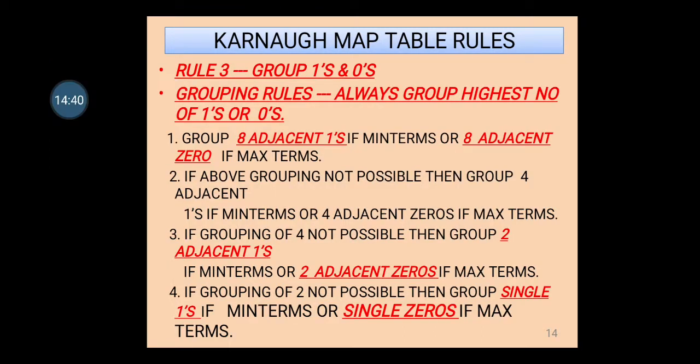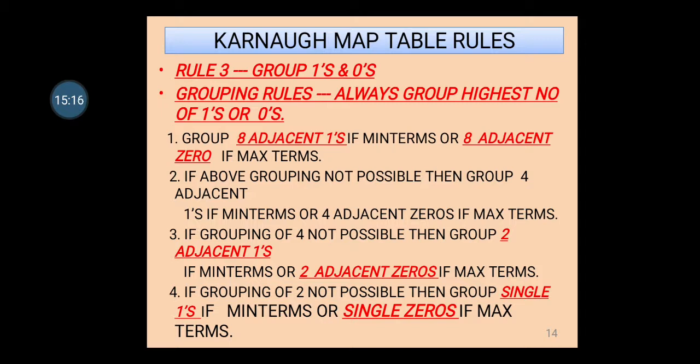The first rule of the K-map is to find the K-map table which you are going to use for the given equation. The second rule is, after selecting the K-map table, you have to substitute the ones or zeros in the K-map table. After that, rule 3 is grouping ones or zeros. If you have substituted 1, then you have to group ones, and if you have substituted 0 for a POS equation, then you have to group zeros.